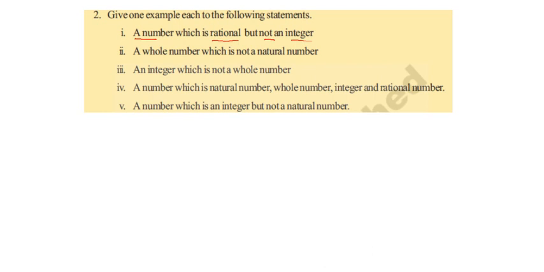So you may write an example for that in the p by q form without common factors in both numerator and denominator. That means 3 by 5. It is a rational number. There are no common factors for 3 and 5. Hence it is not possible to write it as an integer. You may write such types: 7 by 8 or 1 by 5 or 1 by 2. You may write so many.